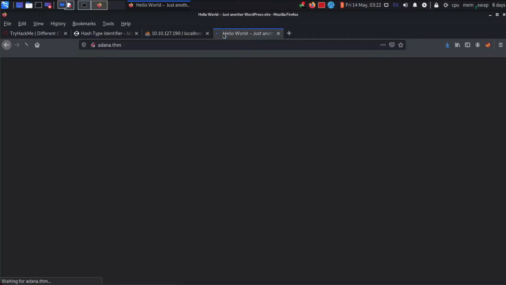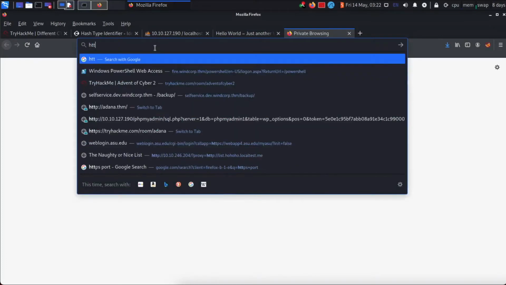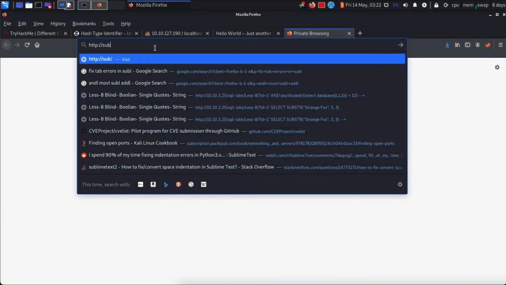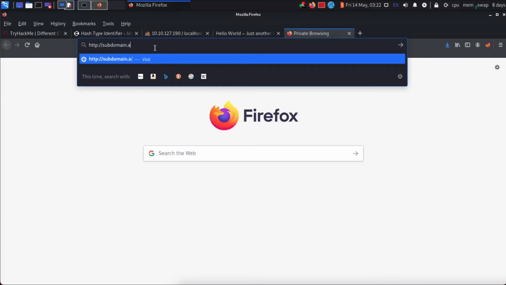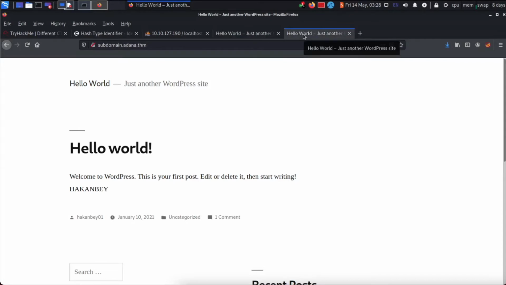adana.thm. And then over here, let's go ahead and run another one. And let's call this one subdomain.adana.thm. And you're going to immediately see that there are actually two websites that mirror each other. This is the adana.thm, and this is the subdomain.adana.thm. The only difference that you really can see is that this one actually has a signature below it of